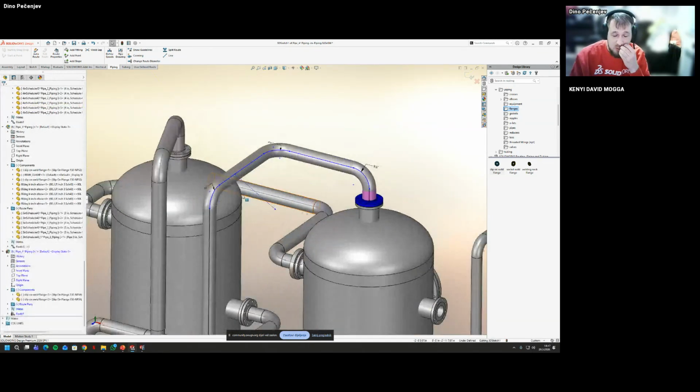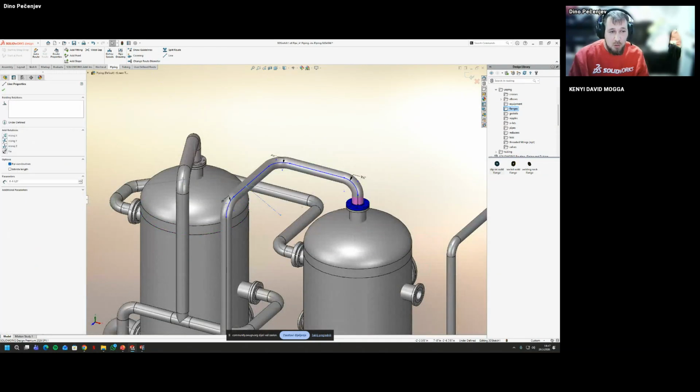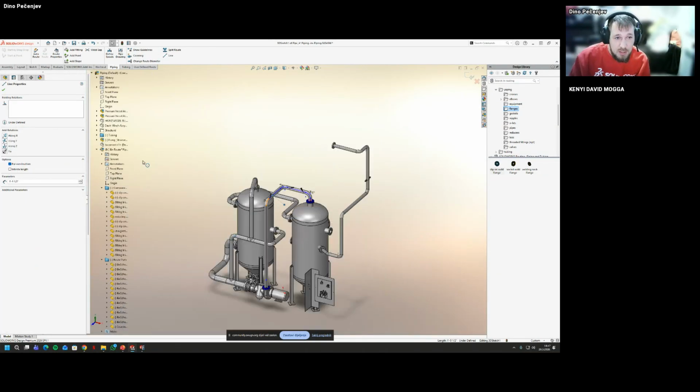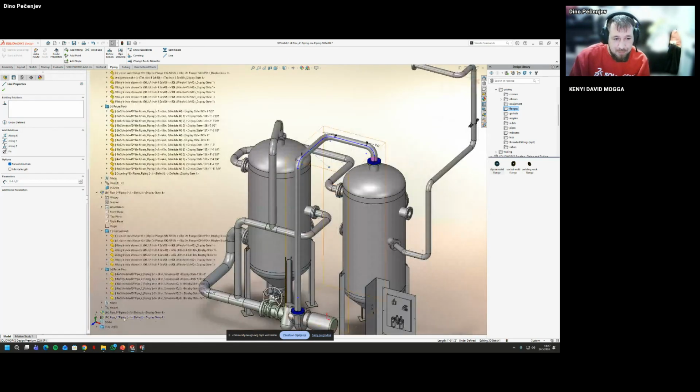Why am I doing this with a construction line? Because this will ease up the whole process of positioning my T in the given assembly.